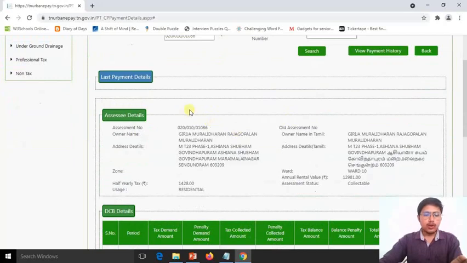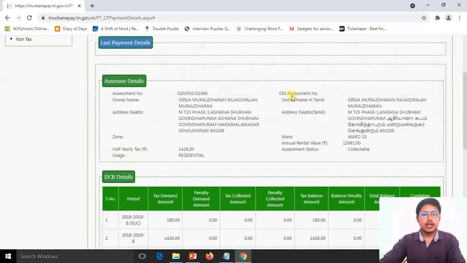Yes, so now it will give you details like last payment detail. If you have previously made any kind of property tax payment, then you will get your last payment receipt there. You will get the complete detail on which date, when you made the payment, of how much amount. So you can get your previous receipts from here. In case you are paying for the first time, then you just come up to this SSC details.